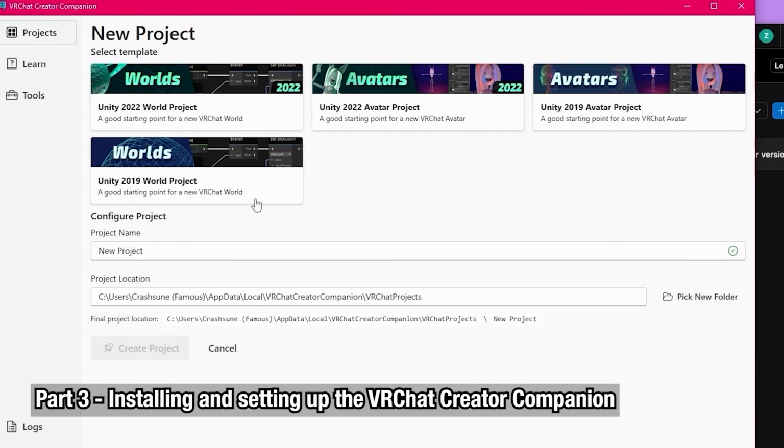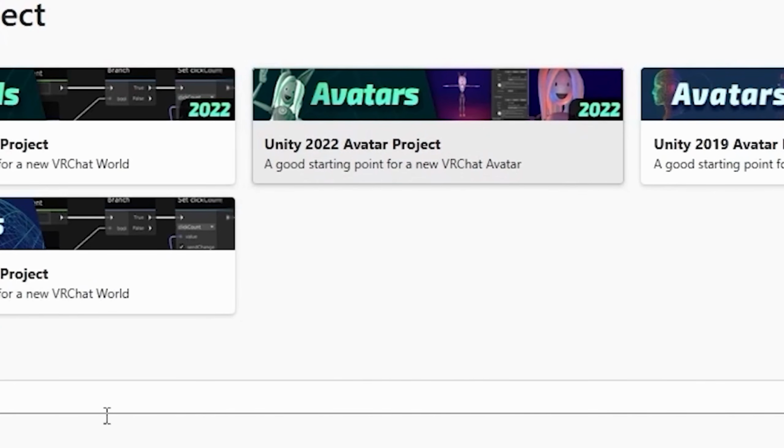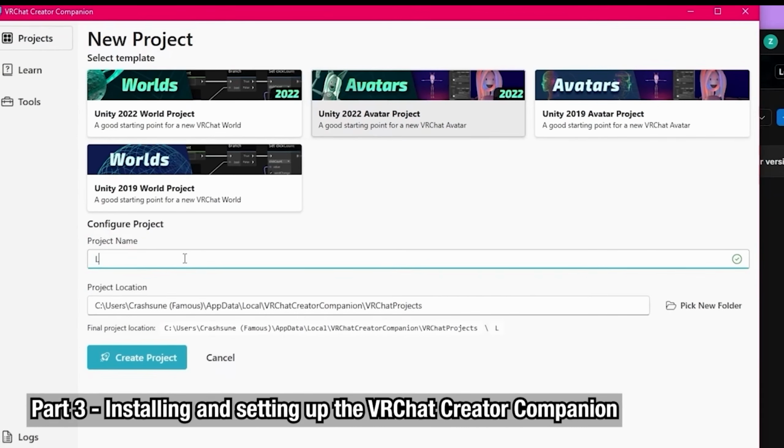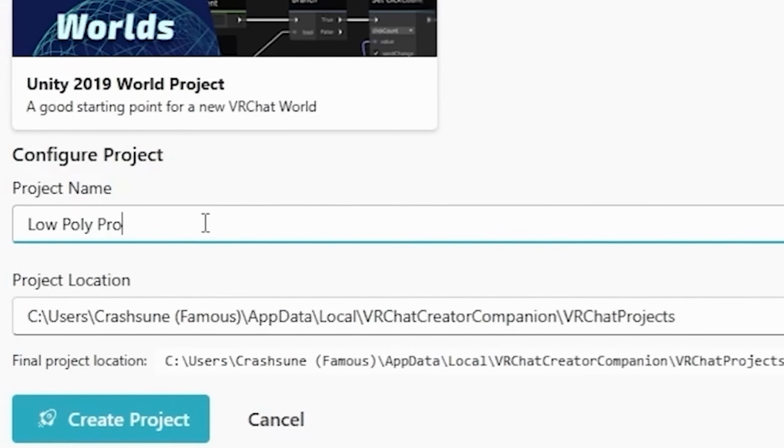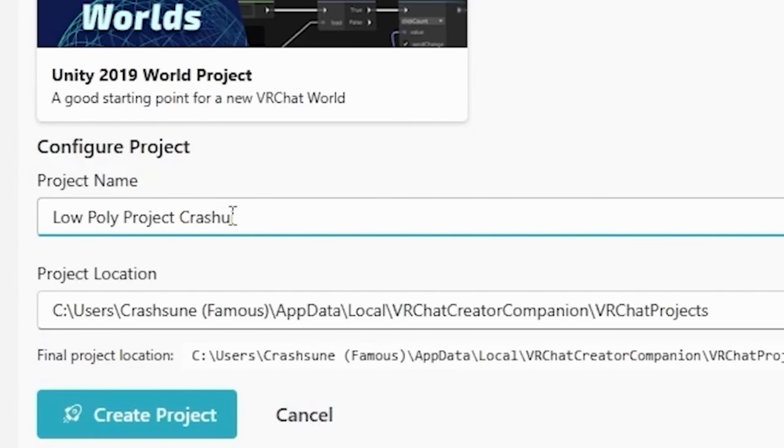The Unity 2022 World Project is primarily for those who want to start creating a world for use within VRChat, but for our purposes here, we're going to make it an avatar, so we want to use the Unity 2022 Avatar Project. So select that template and name your project. I'm going to call this Low Poly Project Crashsune. Then the project location, I'm just going to be using the default location, but you can feel free to change